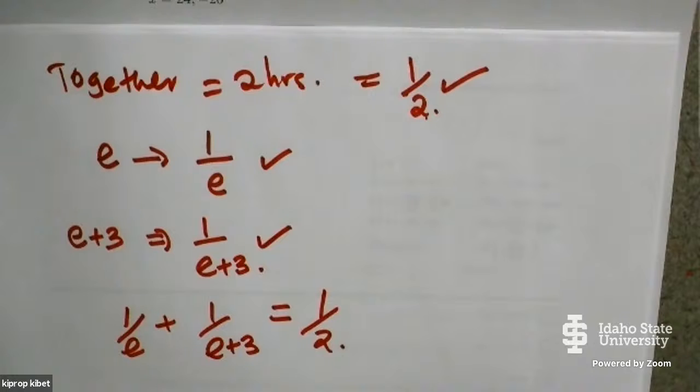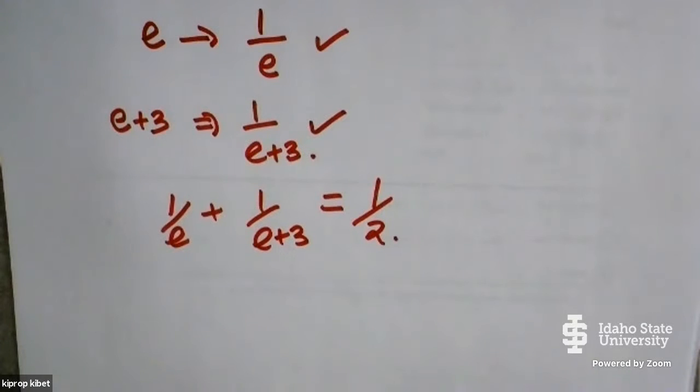So it's like the time taken to do the job in 1 hour. How far will they have done the job? So half the job, that one is 1 over E, and that one is 1 over E plus 3. So now if you formulate the equation, if they work together, we add the two of them. Now, if they work together, it will be equal to what? 1/2. Now you solve, so using the LCM, if you still remember,